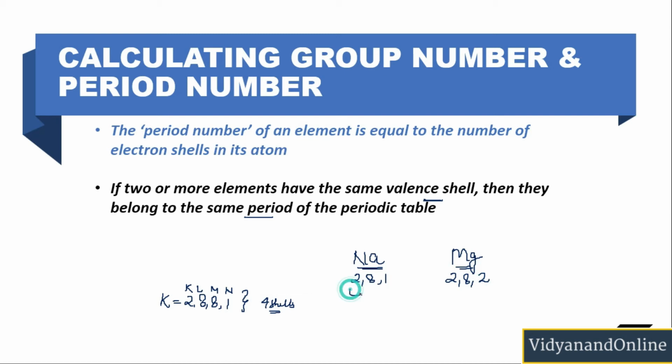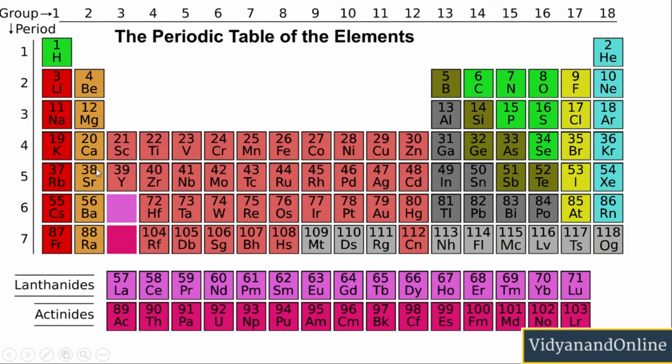Since sodium has 3 shells and magnesium also has 3 shells, we can say that sodium and magnesium belong to the same period of the periodic table. If you check here, sodium and magnesium belong to the 3rd period, right? And potassium, which has the atomic number 19, has 4 shells,